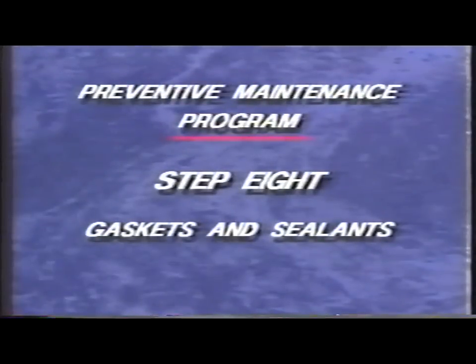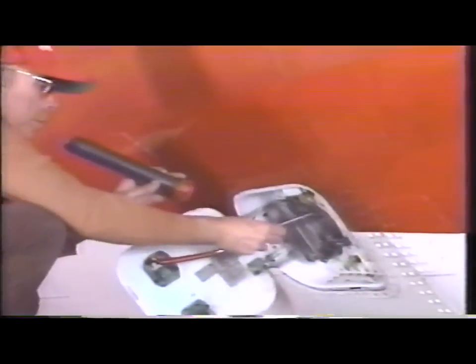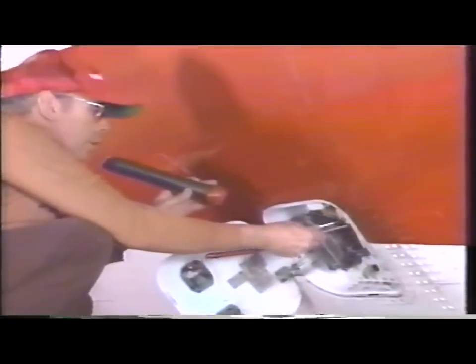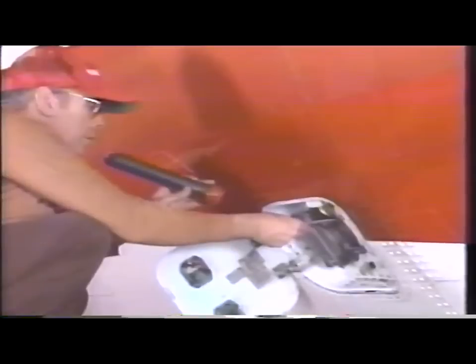Step 8 is inspection of gaskets and sealants. Gaskets and sealants are often used in aircraft construction to prevent the entry of water. If you spot any damaged or deteriorated gaskets or sealants on your aircraft, replace them at once to prevent water